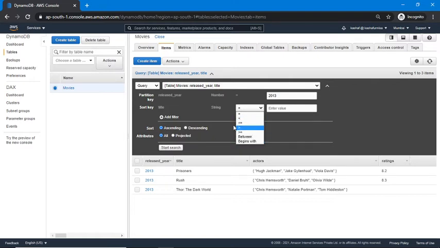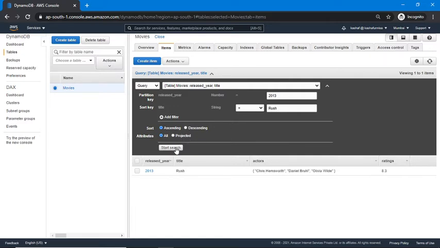First I am going to show with equals. I want to fetch all the movies which were released in 2013 and the title is Rush. In this way I will get only one record. Yes, you can see here.